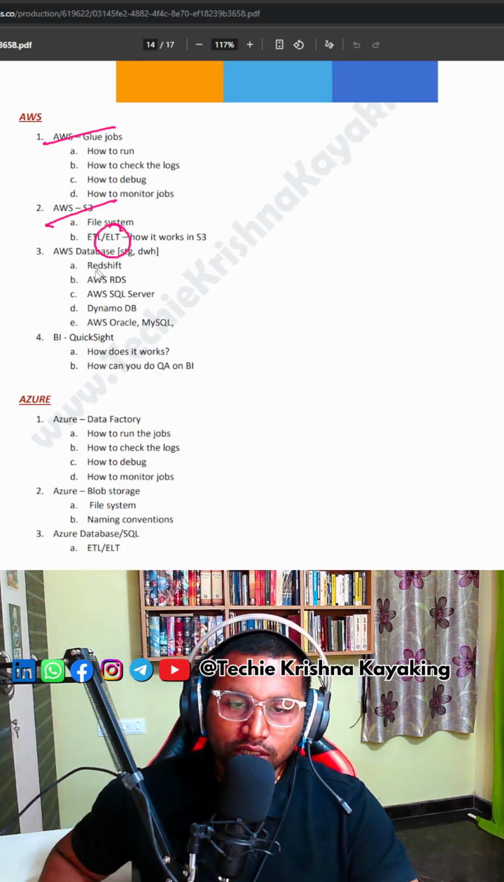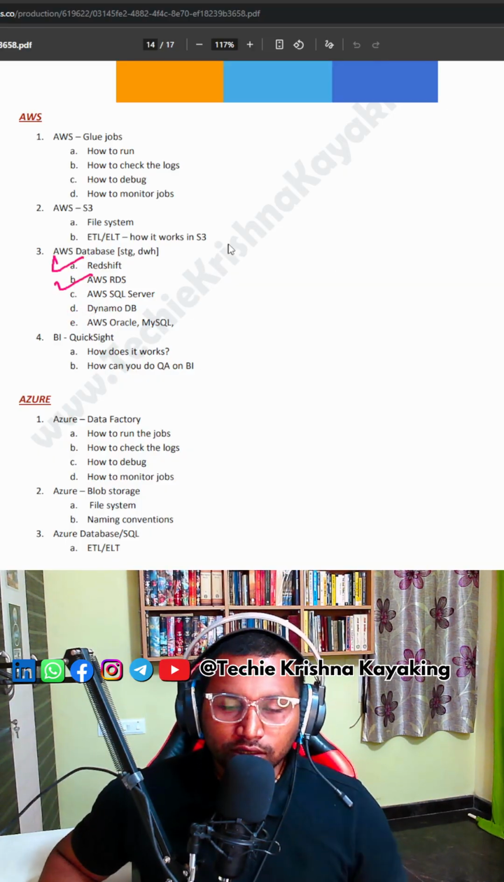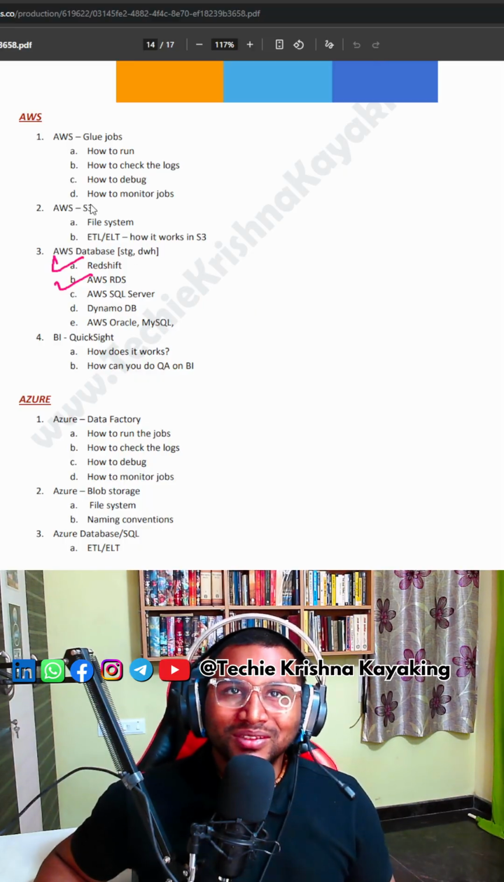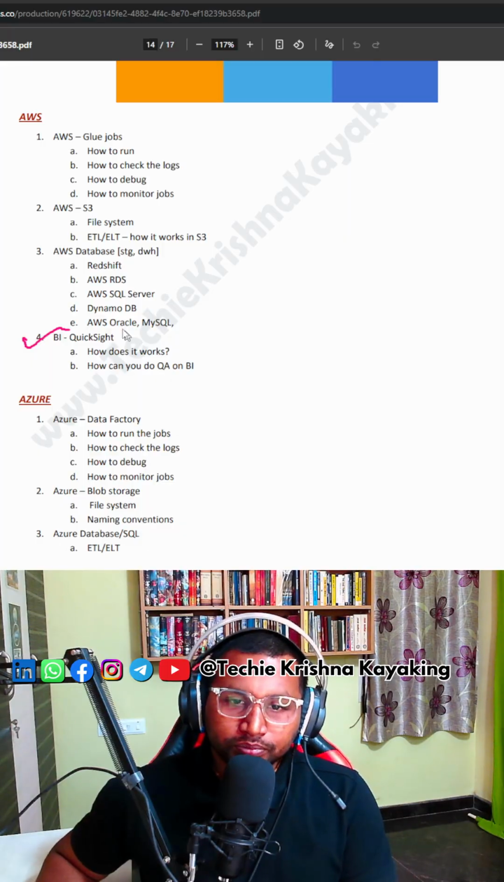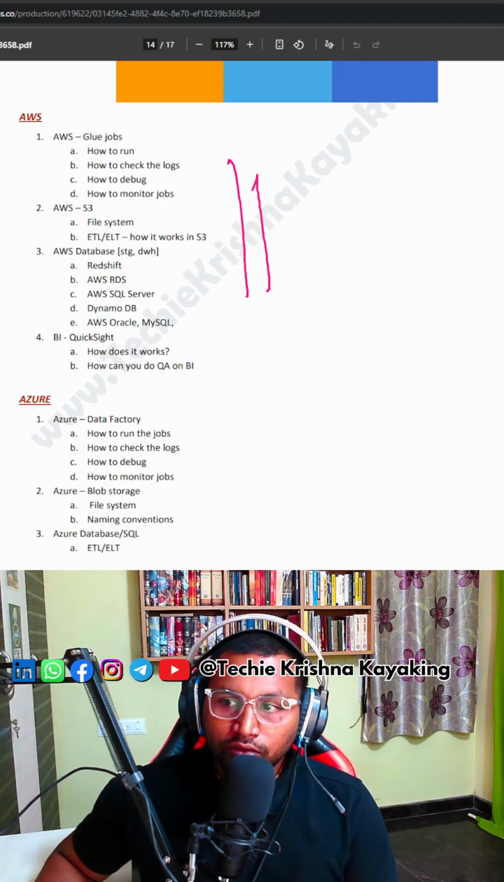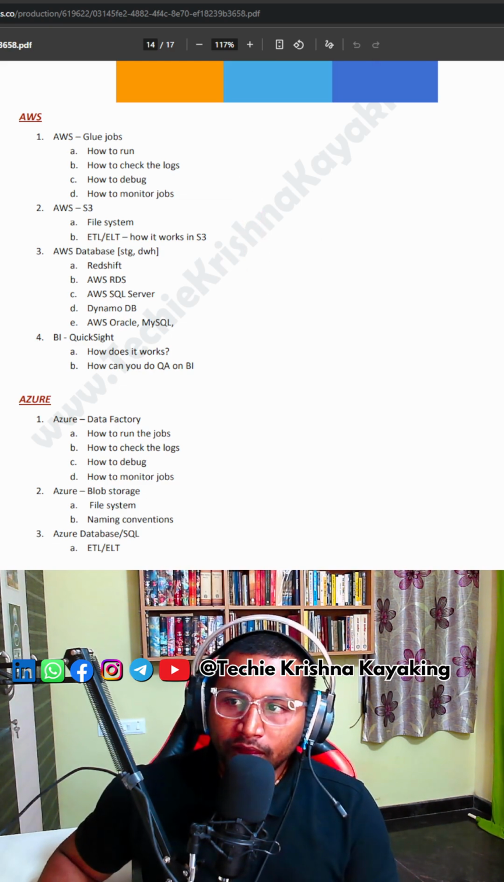AWS Glue, AWS S3, then AWS databases. In databases, there are multiple: Redshift, RDS, then SQL Server, DynamoDB, Oracle, MySQL. Anything can be there. Mostly Redshift and RDS are used, and others depending on the circumstance and project, things can change. And for BI, they will use QuickSight, and there can be other BI tools which can be connected. All this you should know how it works, and from a QA perspective how things work and how to test that. If you are good at that, I think you're in a good place, and then you move ahead with